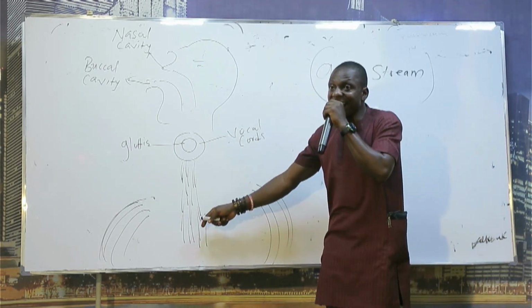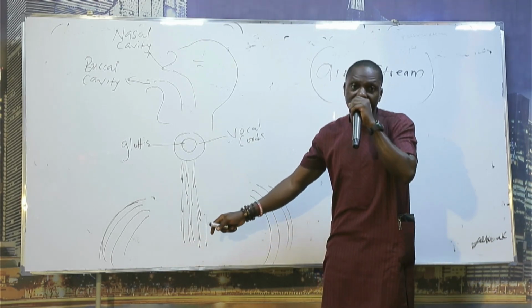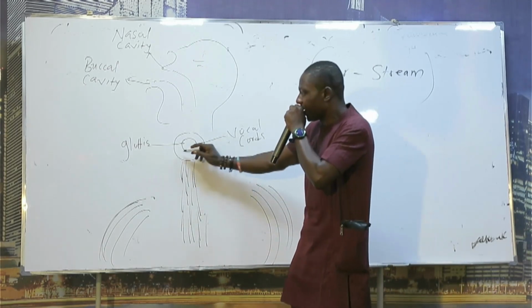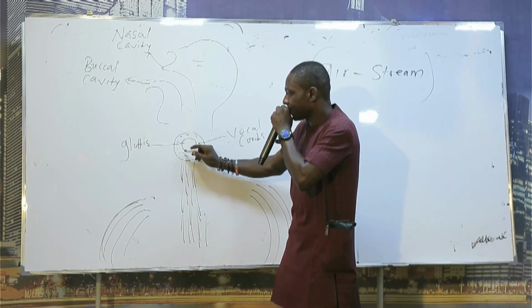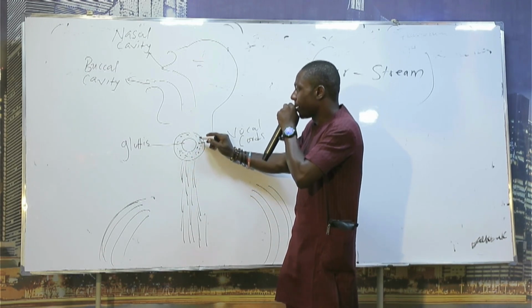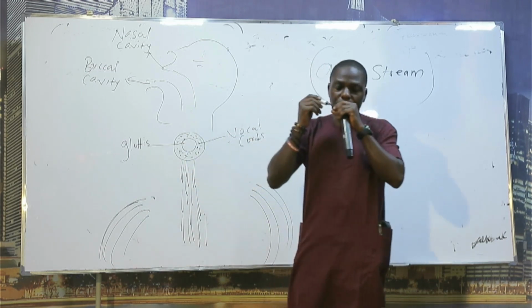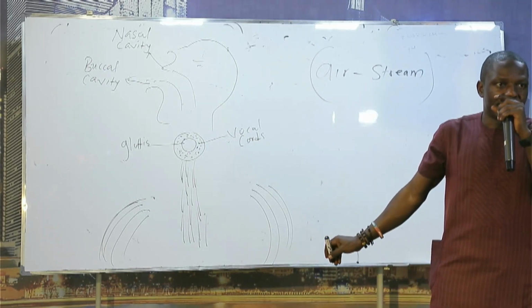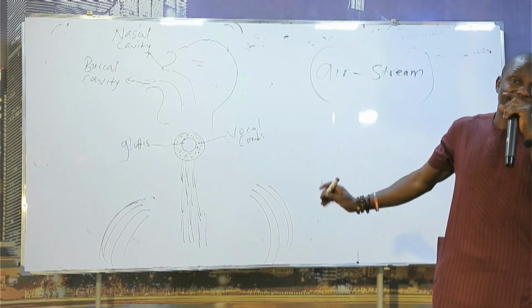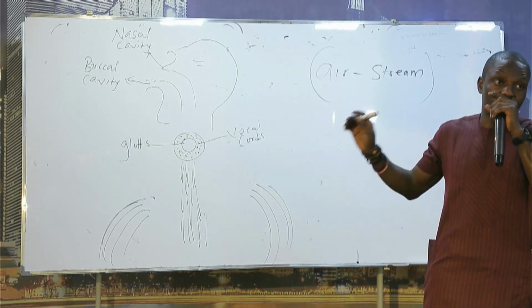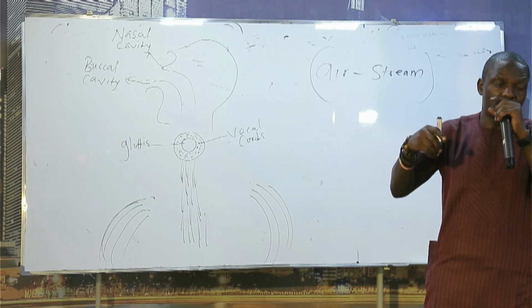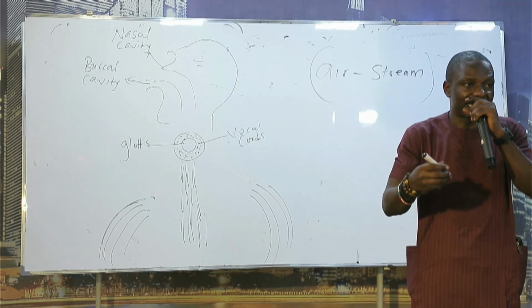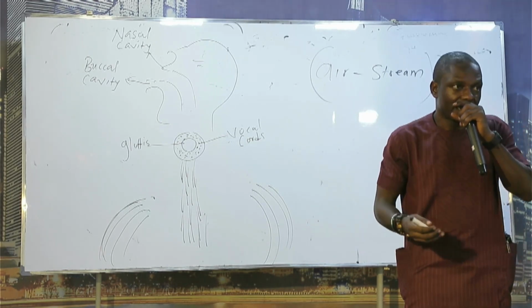So, because of the fact that the air is thick, probably very difficult to pass through freely, it will make the regions of the vocal cords vibrate. Please, I don't normally teach you just to pass exams, because in your year 1 you are still going to meet this. In your Use of English 101, you will still meet this. And probably the level at which it will be then will not be the same way we are learning it now. So please pay attention because nobody will have the time to teach you that again.